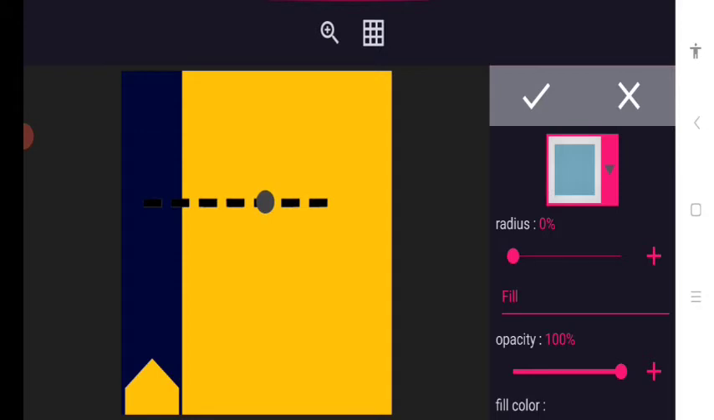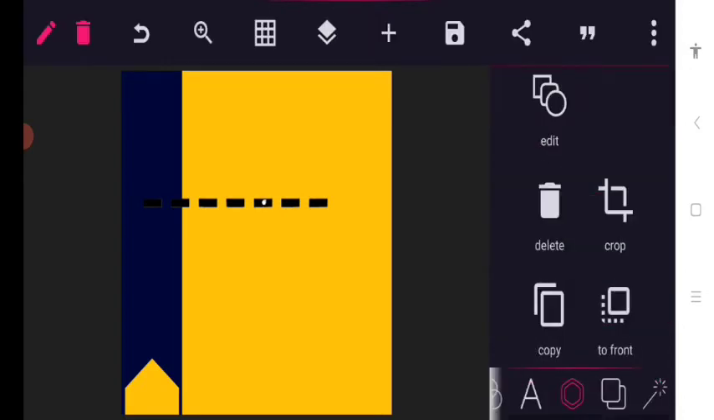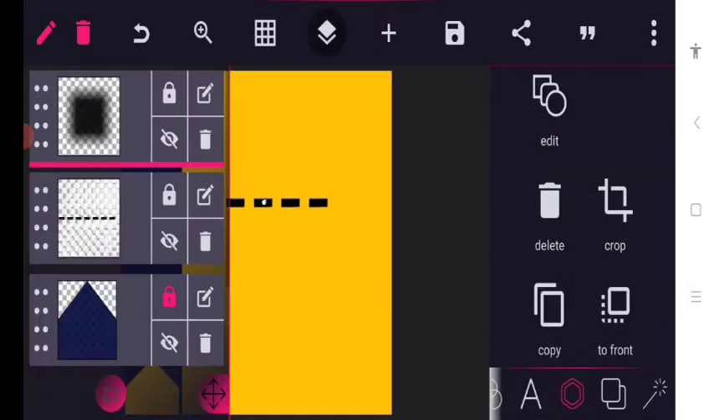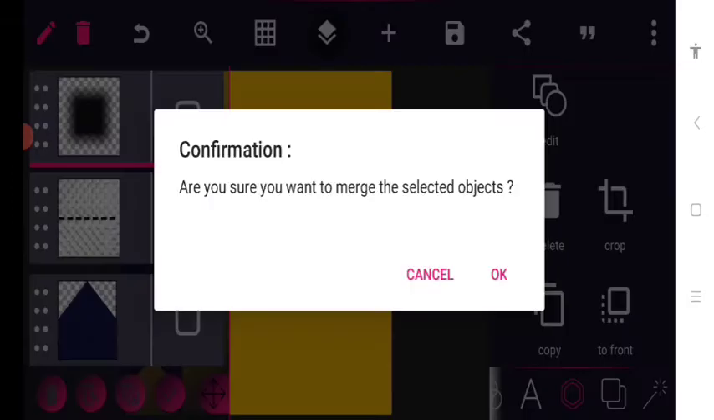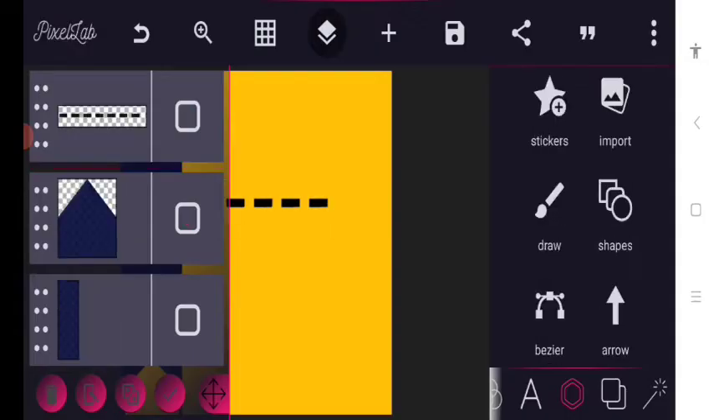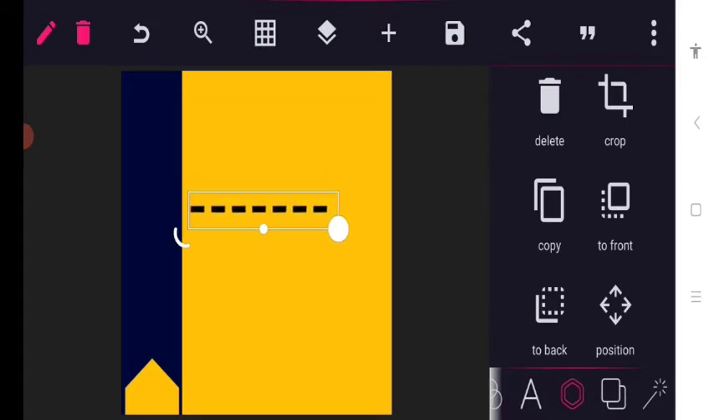Just make it pure black, accept it like that. Then you come down here, you lock both together. Okay, so now you can reduce it, then make a copy, bring it here,